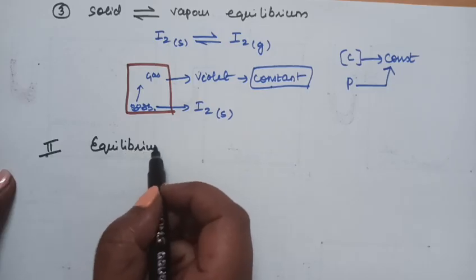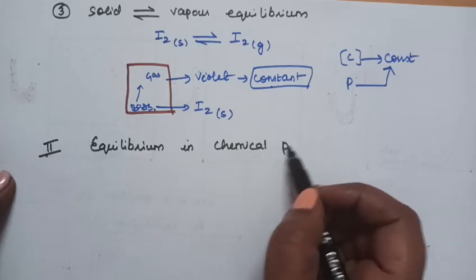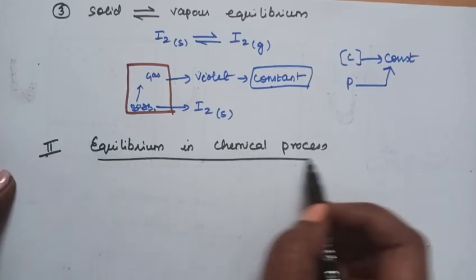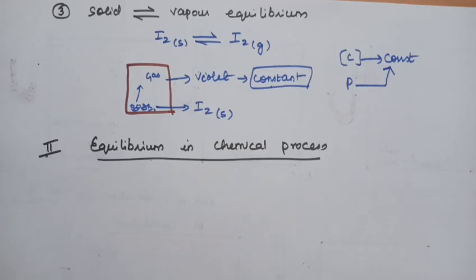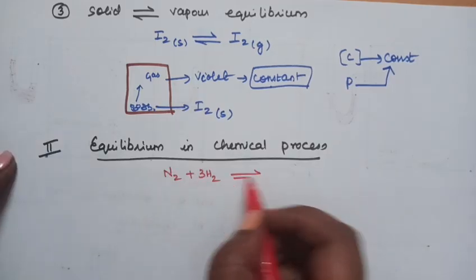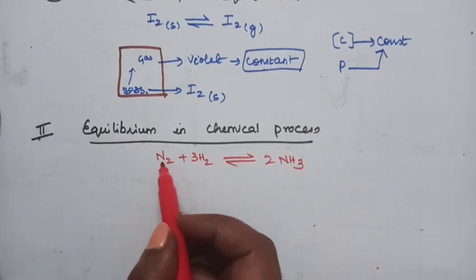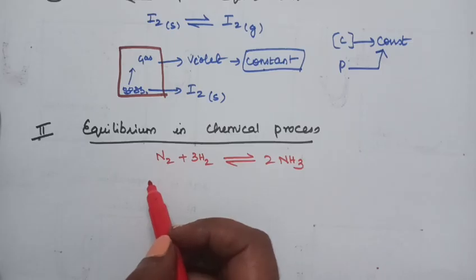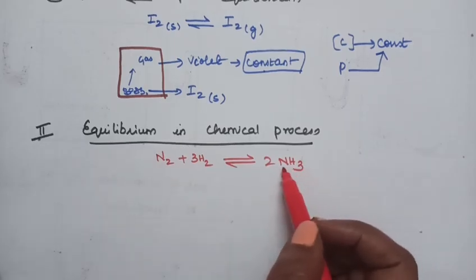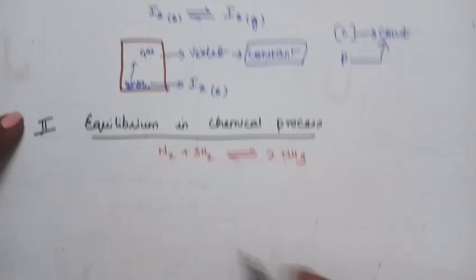Equilibrium in chemical process. Chemical process means breaking of already existing bonds and formation of new bonds. For example, N2 plus 3H2 gives 2NH3. Here the already existing bond between nitrogen and nitrogen will break and a new bond will be formed between nitrogen and hydrogen. So graphically, if you want to represent this,